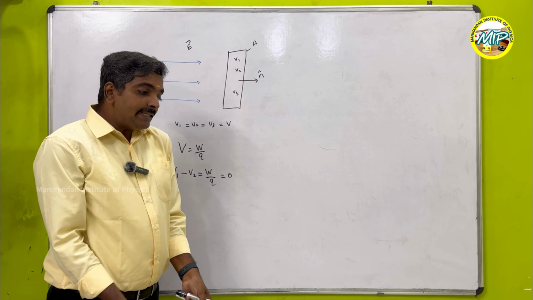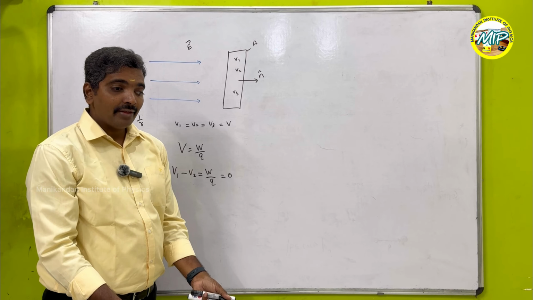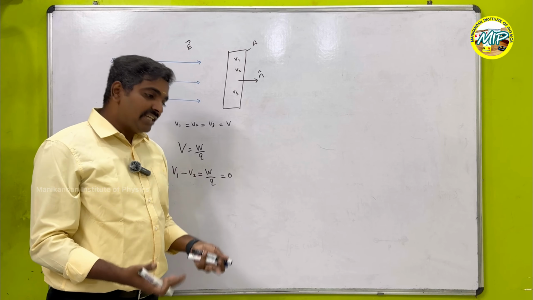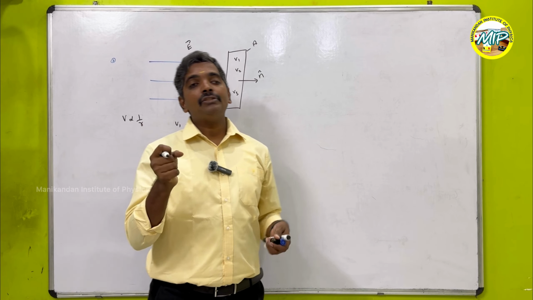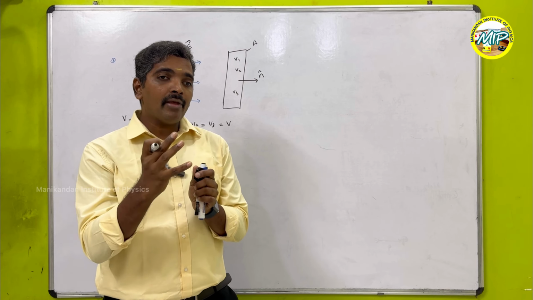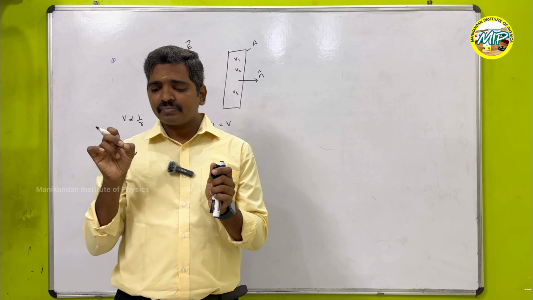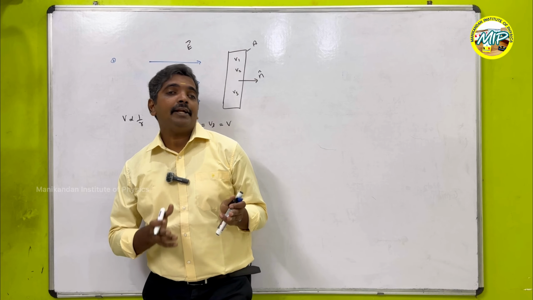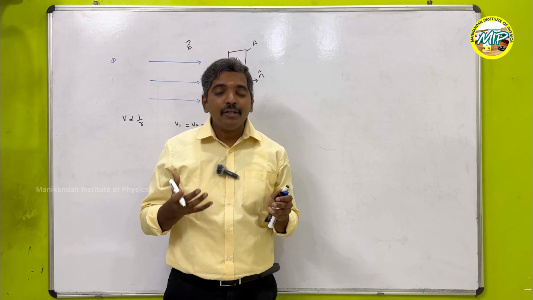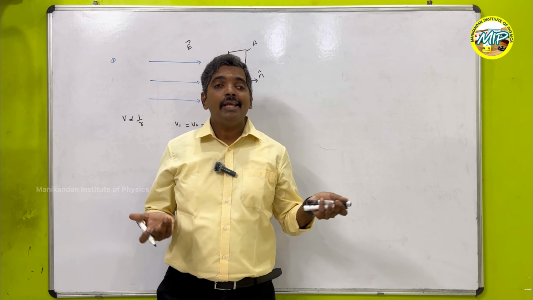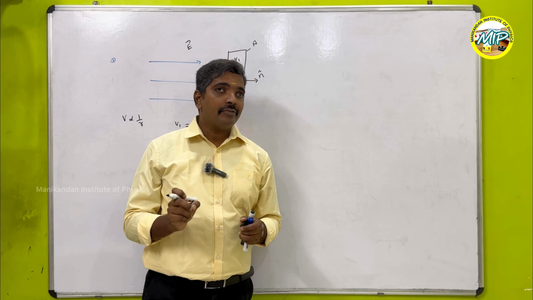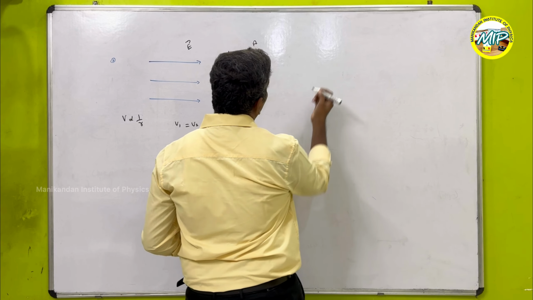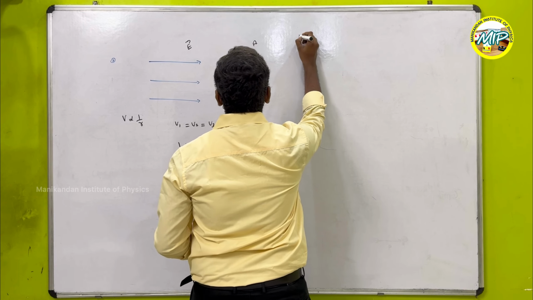Then when you are placing two charges, or when you are placing a dipole on an equipotential surface, how does it behave? In general, on an ordinary surface, positive charge and negative charge are going to attract. Why is this happening? Because the electric field starts from higher potential and ends at low potential. But in the case of an equipotential surface, the electric field is not flowing from higher to lower, because the whole surface is at equal potential. This is a very, very important question from the exam point of view and the competitive exam point of view also. So when you are placing a dipole on an equipotential surface,